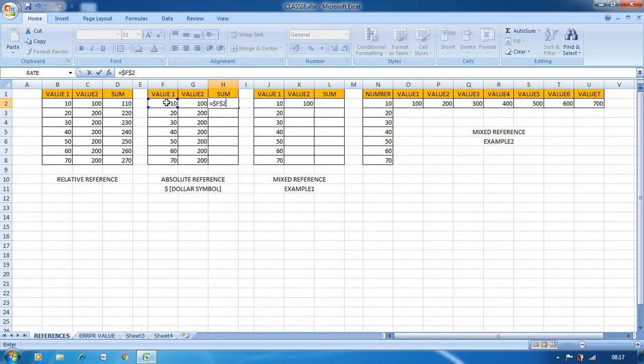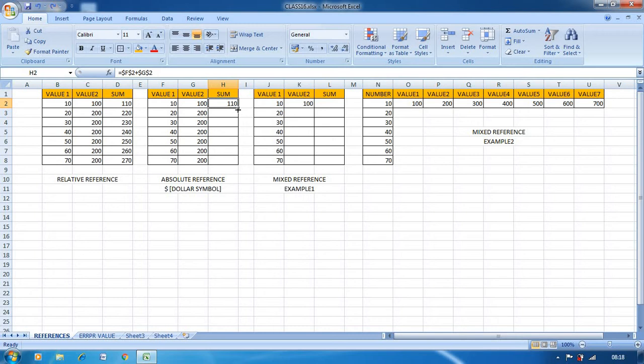Instead of F2 I have written dollar F dollar 2 plus dollar G dollar 2. So now I will enter. So here again it adds the values, 10 plus 100 equal to 110. Now I will drag it downside. So here what happens is,